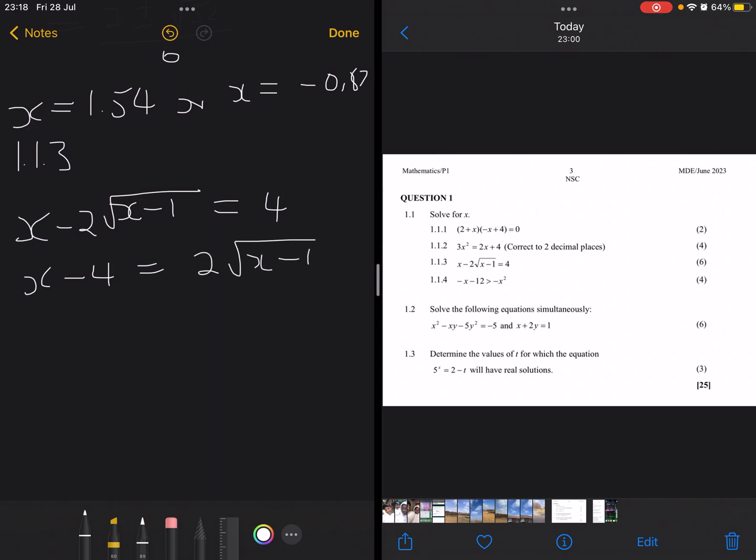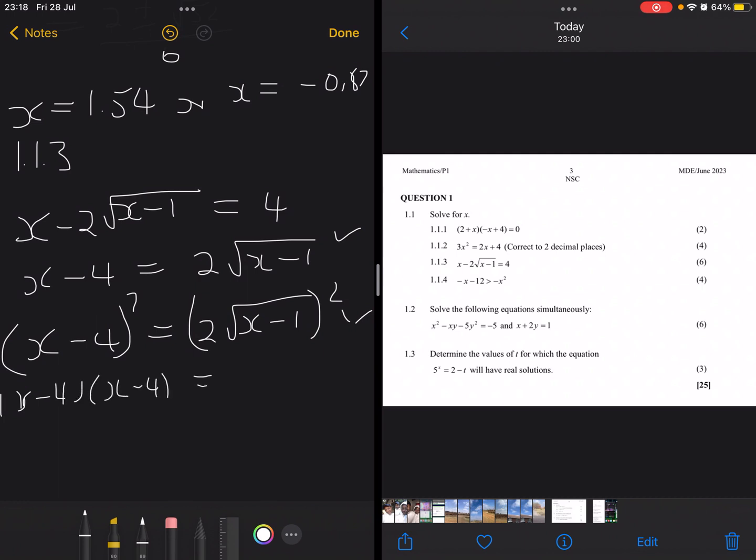2 square root of x minus 1. Now, in most cases, you will find learners jumping straight to squaring on this second step. I like to do it this way. I rewrite it again as x minus 4 is equals to 2 root of x minus 1. And then that's when I will square, because sometimes the marks are going to come from you isolating in here and now you squaring in here, depending on the marking guideline. Now when we expand, this is just x minus 4,